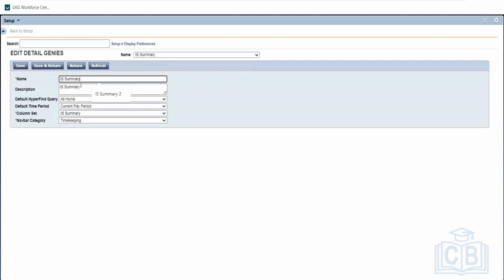it will have the summary name, okay, and the description. Then what is the default hyperfind query? What is the default time period? What is the default column set? And where it will be found. So I'll take you through one by one. First,